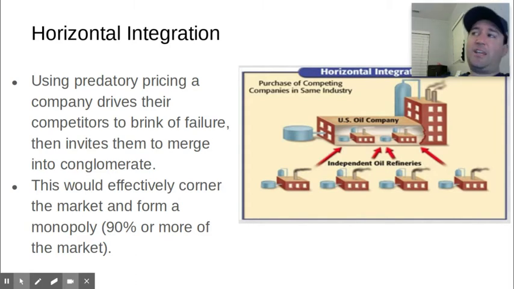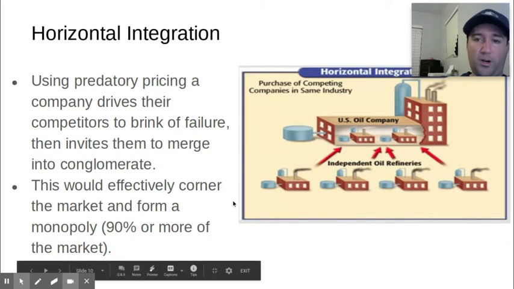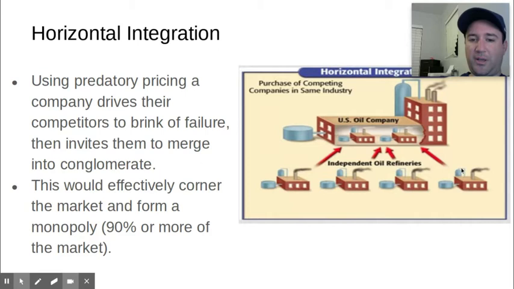That way they could get everything they wanted from that company, including the production, the factories, all the stuff that they own, at a minimum cost, because otherwise it's, we want to merge, we'll buy your company and we'll give you some money. Otherwise, they are going to go out of business. By taking control of that company, they merge into the larger conglomerate that is their company. And this helps effectively corner the market. So you just go after all of your competitors and merge them with you, and this effectively creates what we call a monopoly. And monopolies are when you have 90% or more of the market.